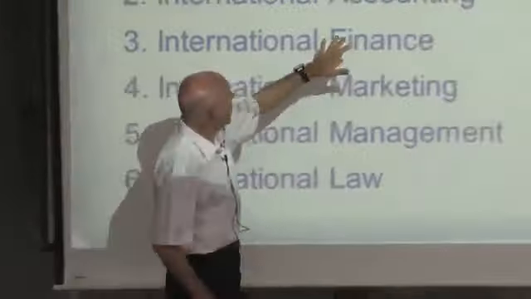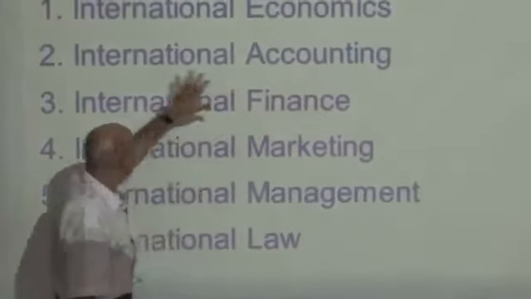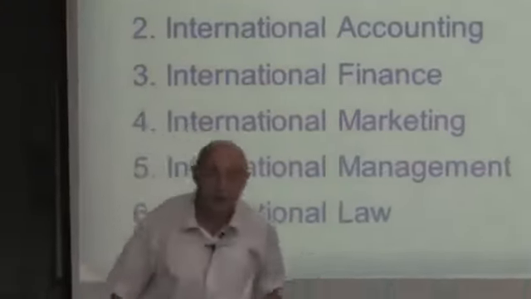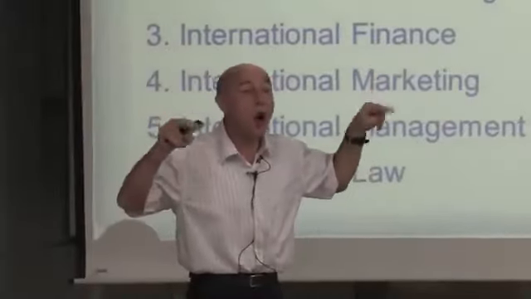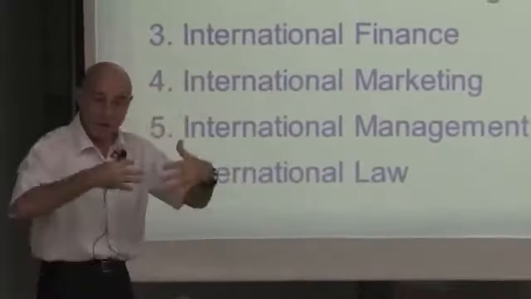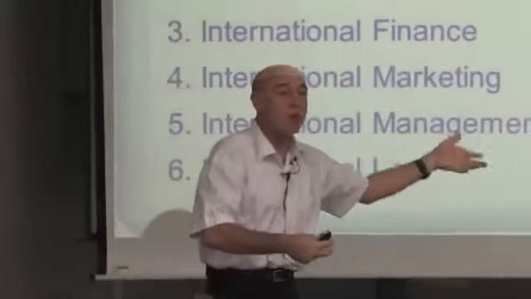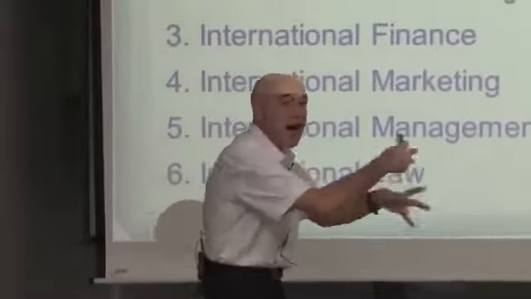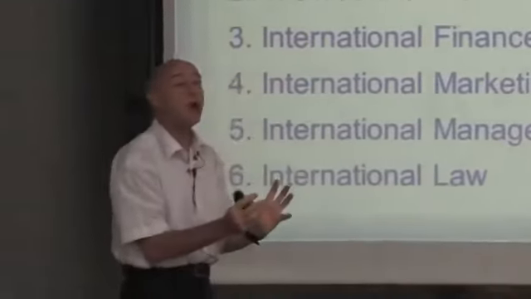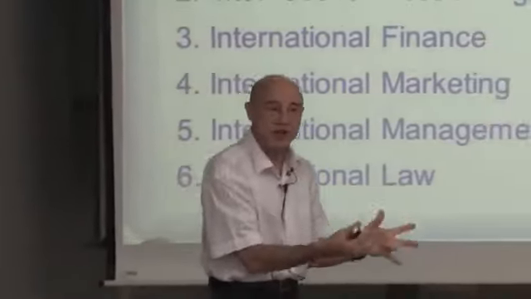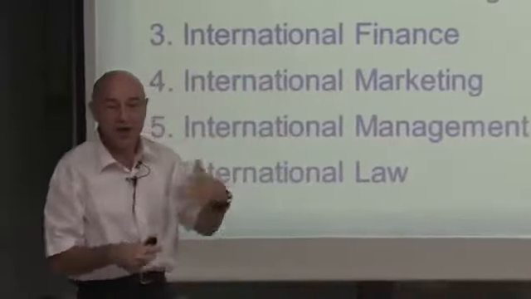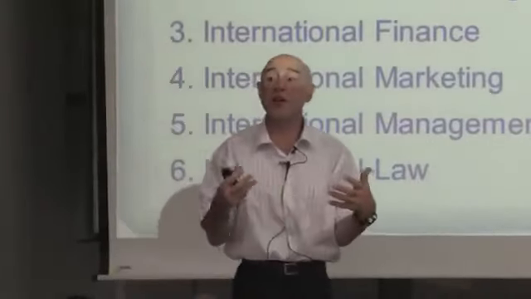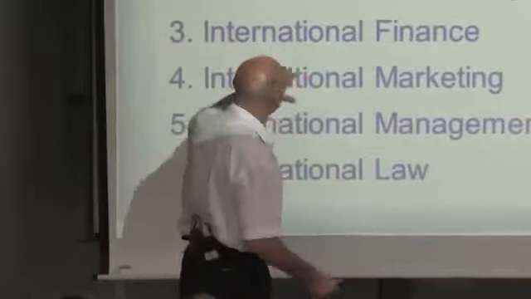Again, the next course is accounting. You're going to get a specialization, international accounting. We call this global accounting: accounting for a company that has global operations in many different countries. How you take the accounting of 5 different countries and put it all together, how you deal with currencies going up and down. In other words, accounting for global corporations is a little trickier, and you learn those tricks here.